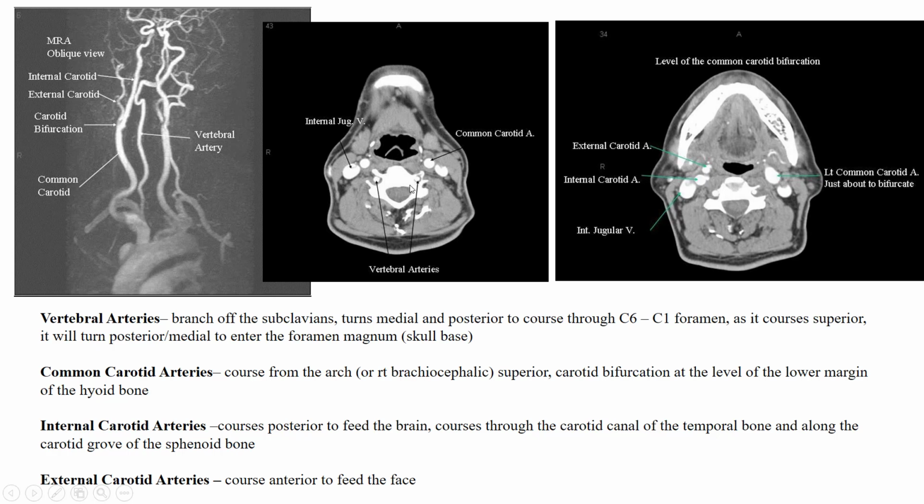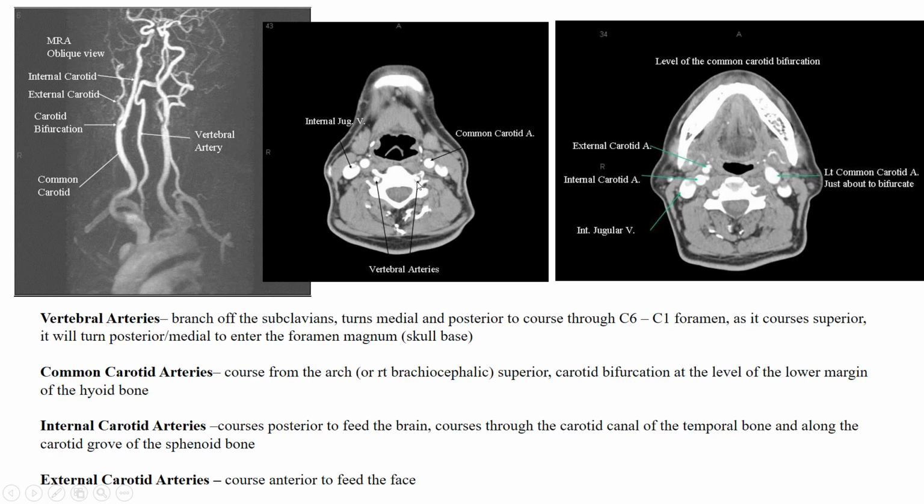And then here, when you take a look at this image in CT, this is an image that's a little bit more inferior, and then you've got one that's a little bit more superior of this one. And so the inferior one, as the vessels come from the aortic arch, you've got the internal jugular vein here on each side and the common carotid artery. So this is not bifurcated yet. And then these are the vertebral arteries. So you can see how close and in next to the spine these run, and they run in the little grooves within the spine,